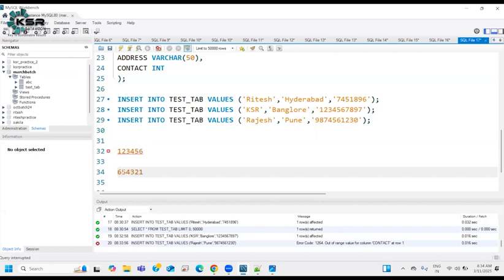6,54,321, right? Somewhere 6,54,321. But this value is 1,23,456. So this value is greater than this. Similarly, this value has 10 digits accepted, but the second component is also having 10 digits, but it is starting